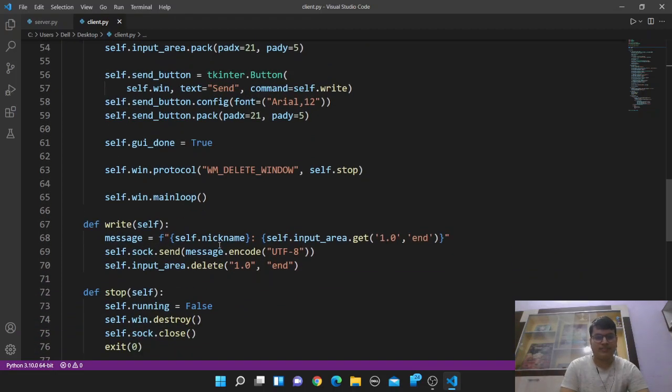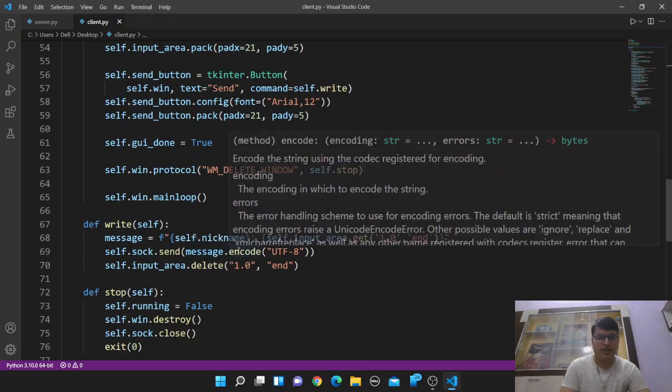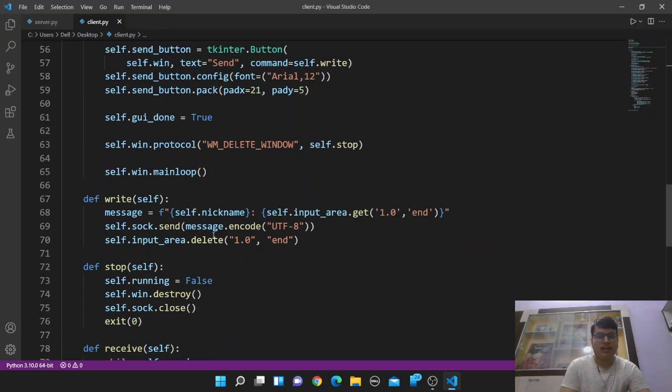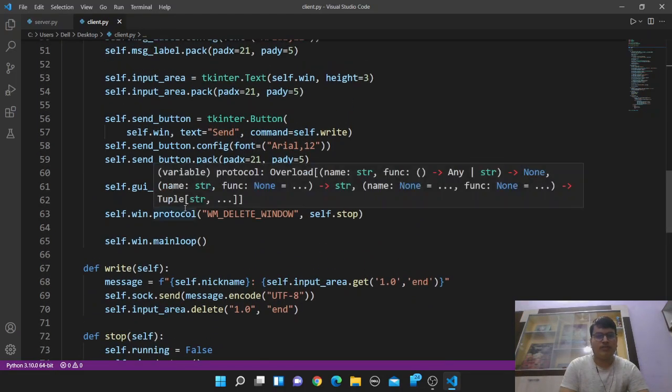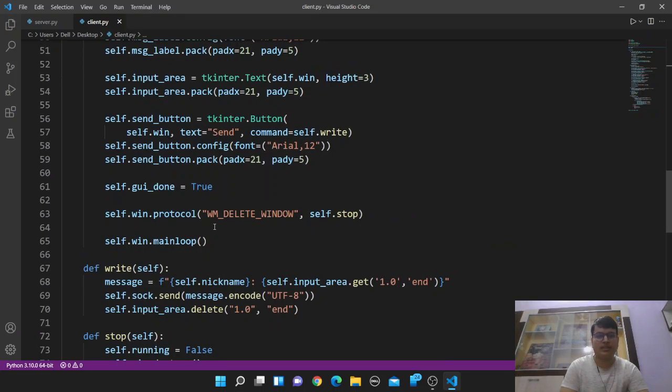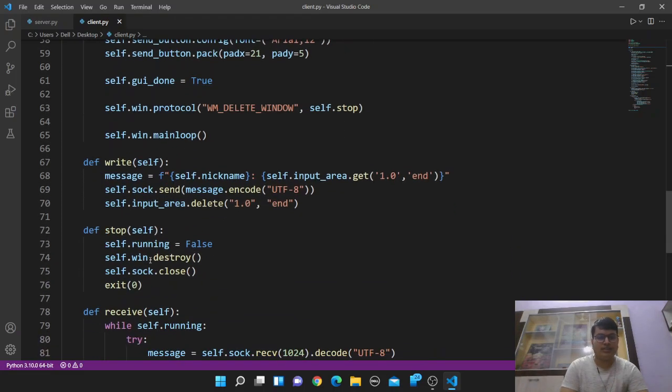So the write function will send the message by encoding it and it will also delete the written message so that we can write a new message. Now we have set a protocol here that if we close the window, the program will stop automatically. Here we have set it to the stop function, and the stop function will terminate the program as we close the window.